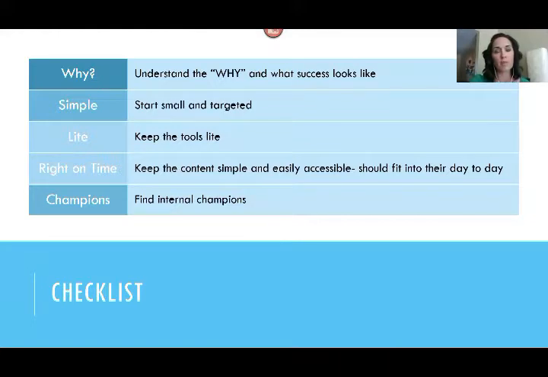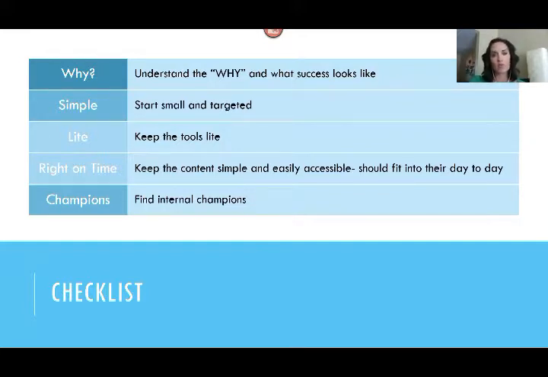First, one of the biggest and most important things for you to do is to understand the why behind learning and development in your company. Why is it that you are being asked to build a program? Why is this role being put into place? What was the impetus for this to happen in the first place?